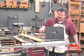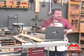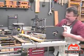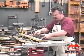The problem though gets a little complex when you're working with curved parts. I'm going to do the coping and the sticking here on a router table,